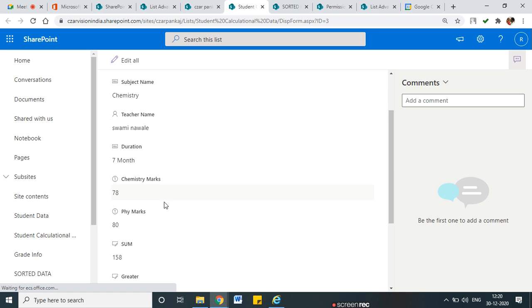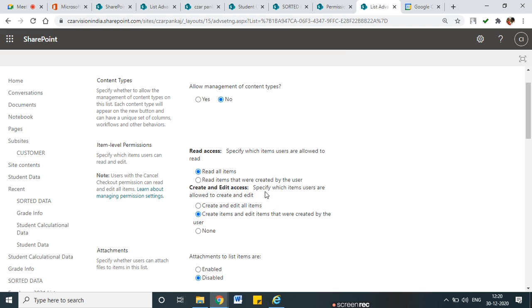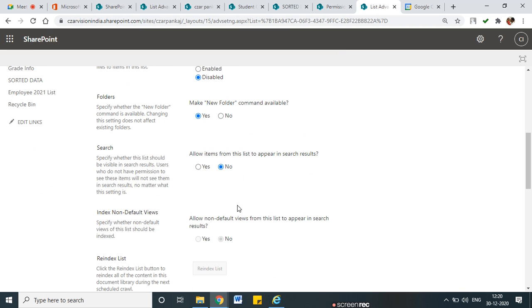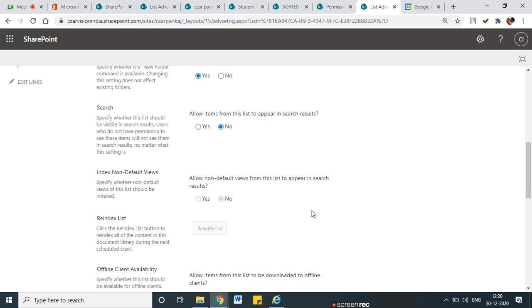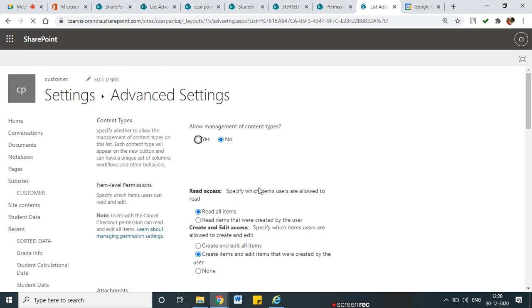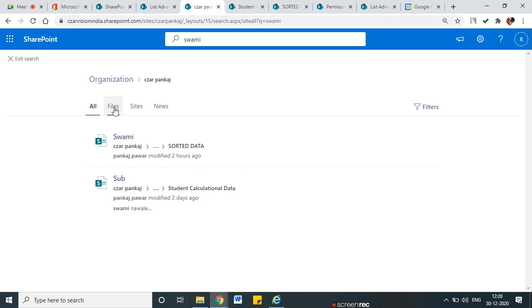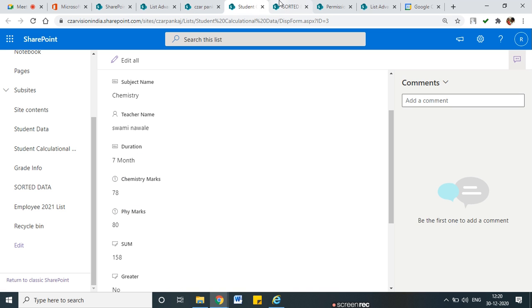Student calculated column, but we are working on an employee 2021 list. Let me check. So what I do, I will save the settings. Okay, as of now I refresh it and check what is the search setting in that. Search setting is saying yes, allow this list to appear in a search result, but Swami does not appear here. Is this all? This Swami stored list, calculated list. Swami, let me check